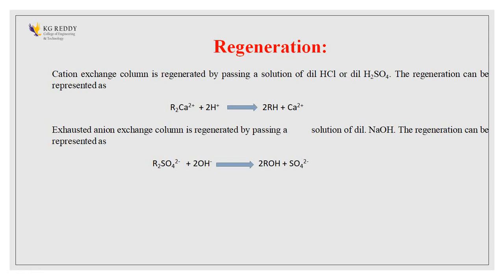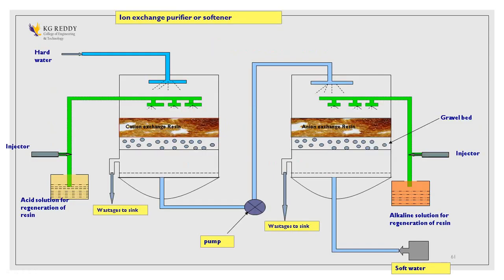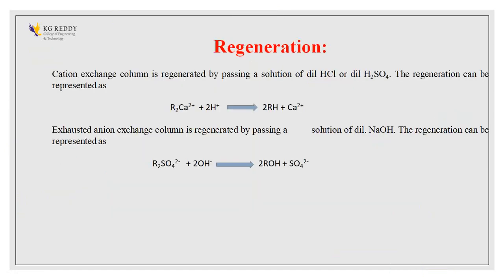So if you do not regenerate the cation exchange resins and anion exchange resins, replacing them will take more cost, right? Waste of money, waste of material. Instead of wasting money and material, we need to reclaim the material. It is an easy process and we can avoid the wastage as well as the money. That is the reason we regenerate it. To regenerate the cation exchange column we add dilute acids. To regenerate the anion exchange column we add base.